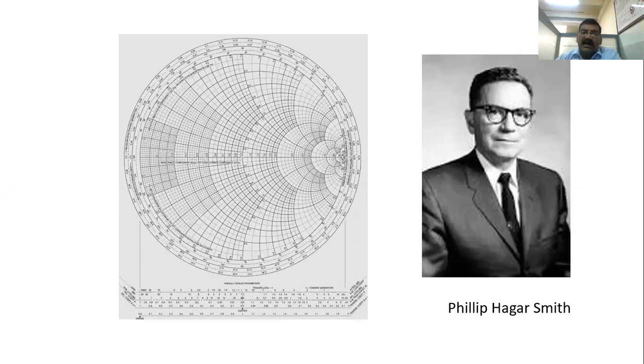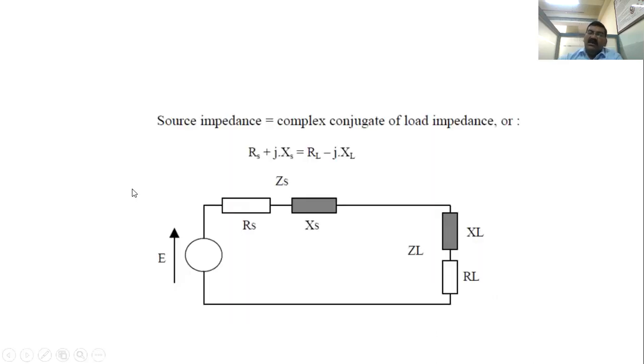So here, we will go for the maximum power transfer theorem. It is quite important for RF applications. Why is it so important? Because in the maximum power transfer theorem, we have the source impedance. Here I have drawn a circuit. In the circuit, you will have two impedances. One is the source impedance, ZS, and another is the load impedance, ZL. This source has the impedance ZS, and this load has the impedance ZL.